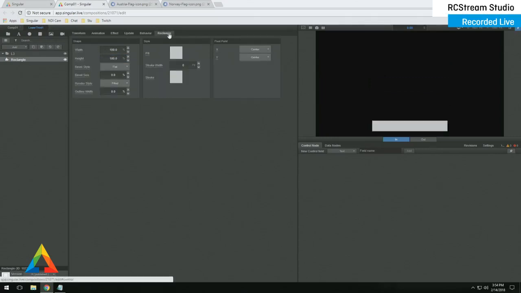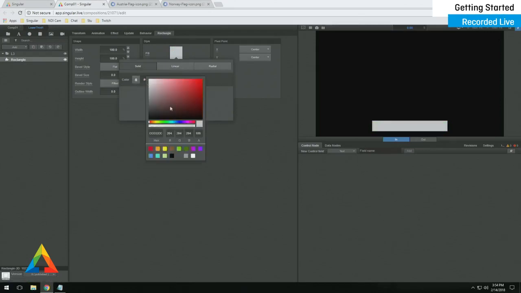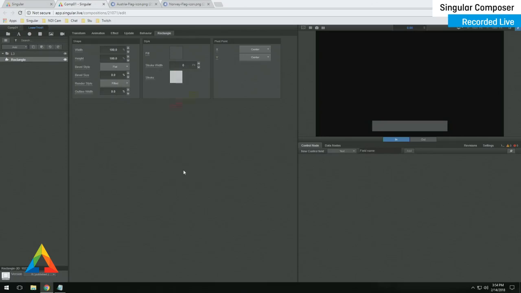I'm also going to go back to the rectangle attributes, and I'm going to change the color of it. You can set linear and radial and what have you here, but let's just keep it as a solid, and let's just make it a bit darker. There are some presets down here at the bottom from the color picker. Make it dark gray. And the next thing I'm going to do is add a text widget